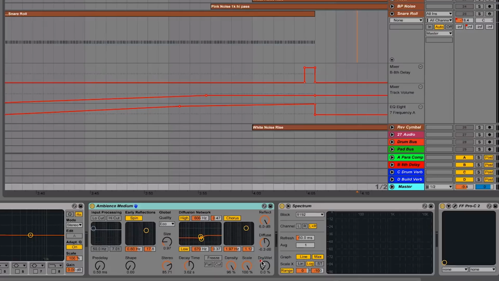Now you can see that I've got a red square here, which means that I've automated the dry and wet knob. Now what the dry and wet knob does, if we use the example that my vocal is the sound that we're putting through this reverb, the dry sound would be my vocal without any reverb, and the wet sound would be just the reverb that's being added to